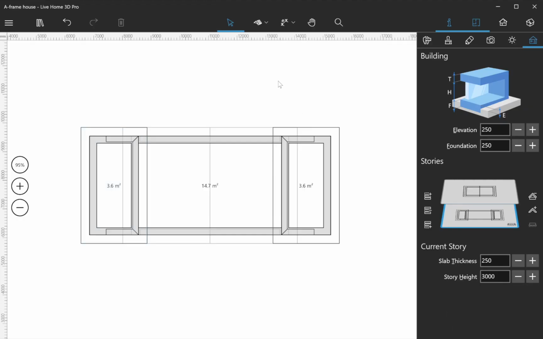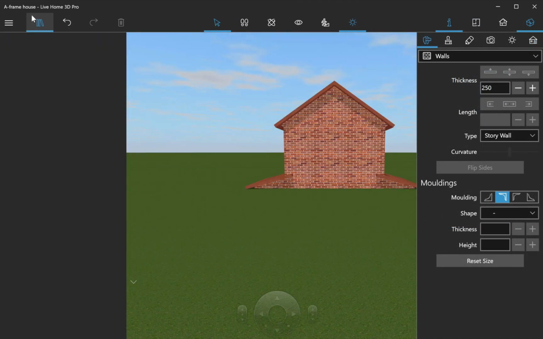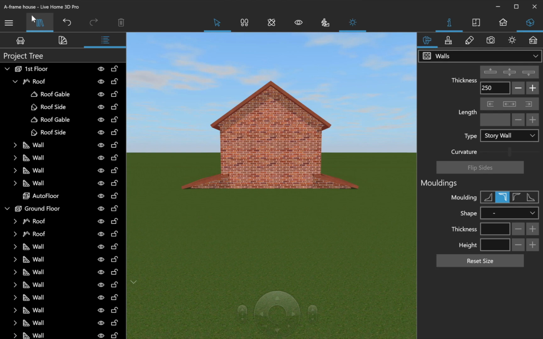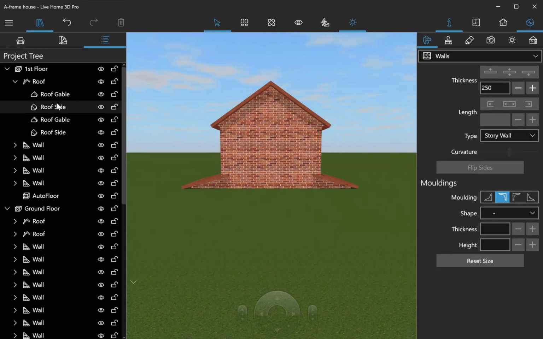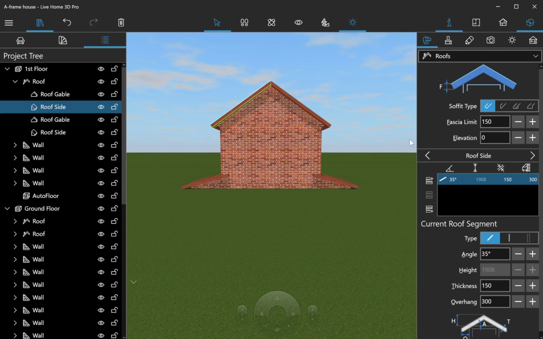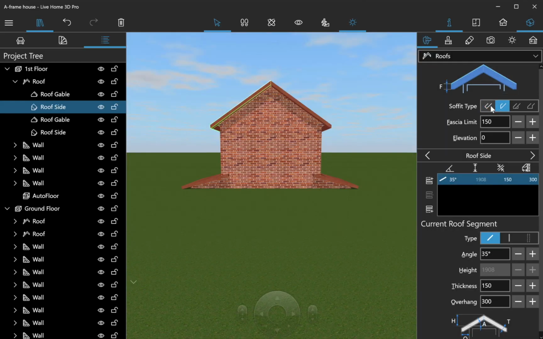The time has come to switch to 3D view for adjusting roof segments. For more convenient work, we recommend select each roof segment in the project tree. Use the Object Properties tab of the inspector to adjust roof segment steepness and type. First thing you need to do is change every gable type segment to whole.